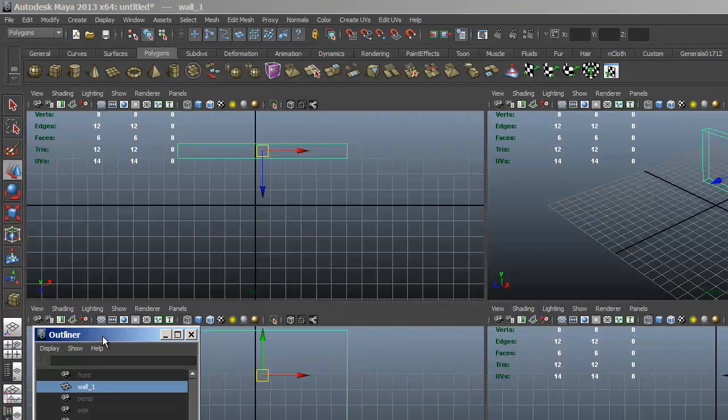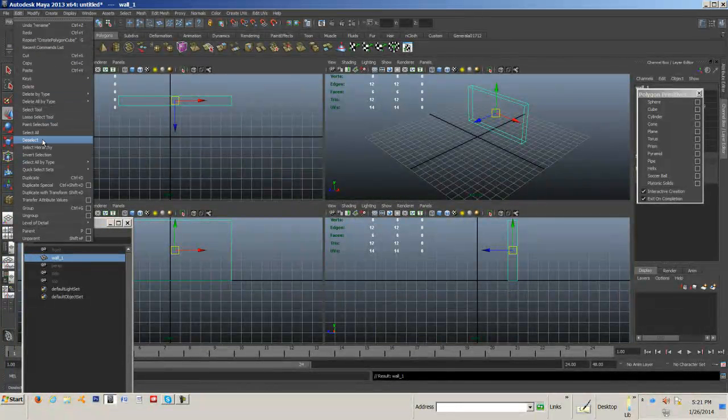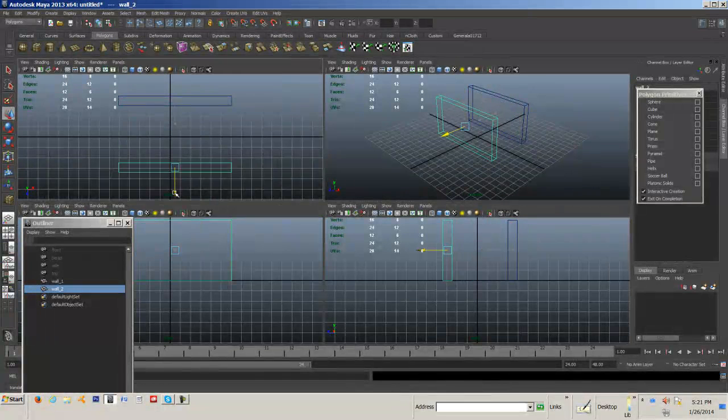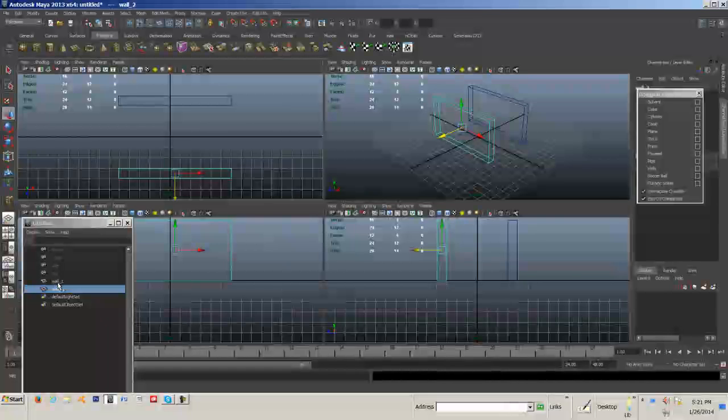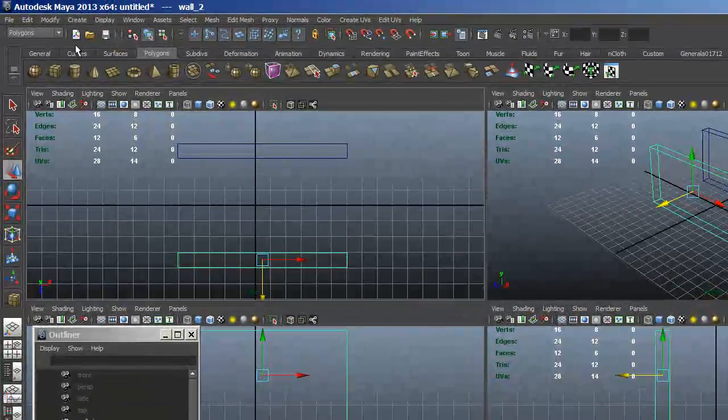Sooner than not, you're going to have 50 or 60 items in your scene. You're not going to know what they all are. Then I'm going to duplicate this by going Edit, Duplicate. I'm going to pull it over here. And look at that. I called it Wall 2 automatically because I named it _1. Then I'm going to make walls going this way and this way. So I need to go Edit,